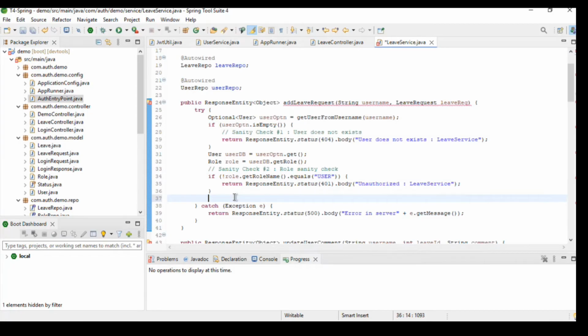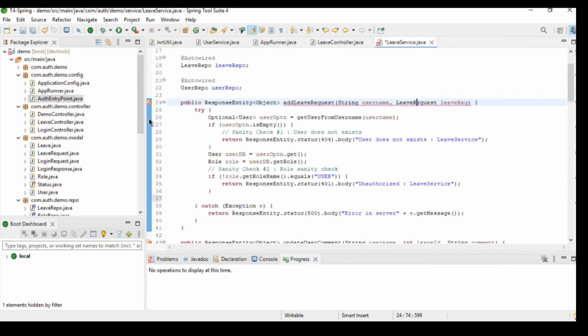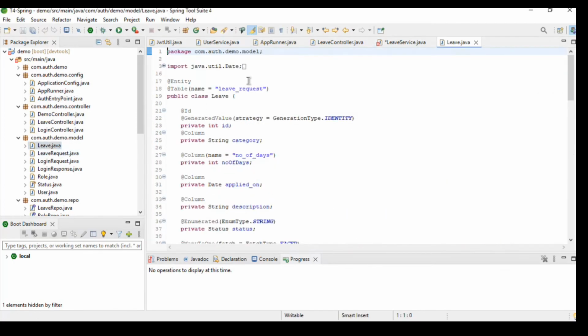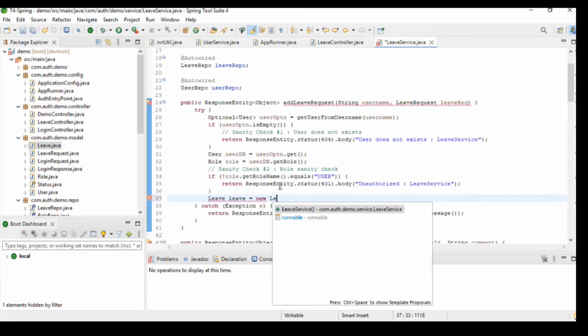I need to persist the leave object in my database, but I cannot persist this object directly in the database because it's not a JPA entity. So we need to convert this leave request to a leave that we have as a JPA entity. So let's go ahead and do that. Say leave request to new leave